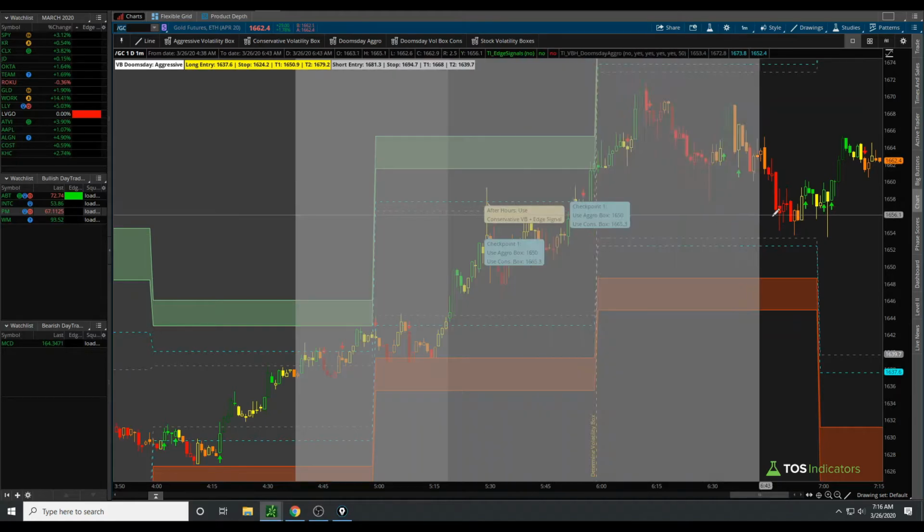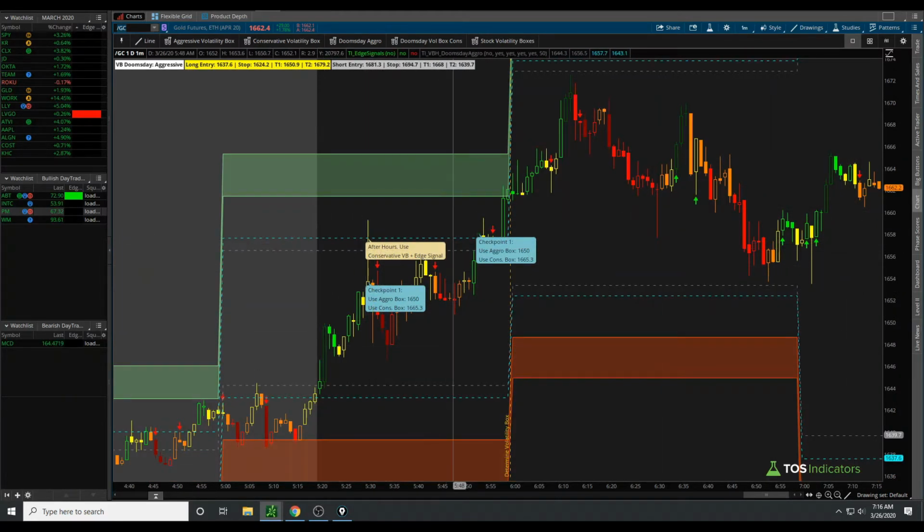Now in gold's case, we did breach our lines, right? So we breached our line right here, and our box came up and told us, do we hit 1650 first, which we did, in which case, okay, you have the permission to continue to use the aggressive volatility box. Now the second entry is the one that didn't pan out, but it's that first entry that gave you the follow through, which lets you know that, hey, you're hitting at least your T1s, right? That's the logic behind that rule.